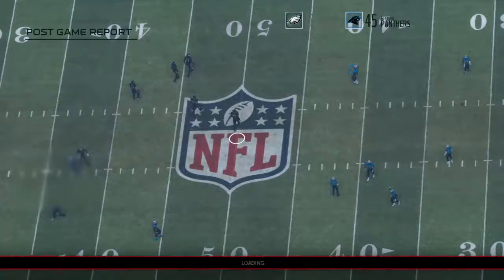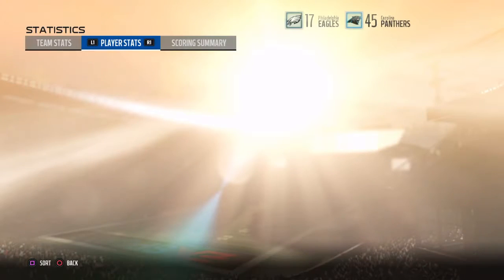Well, Charles, the forecast called for rain throughout the entire game, and we got rain throughout the entire